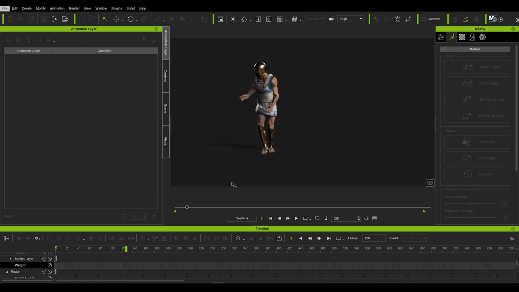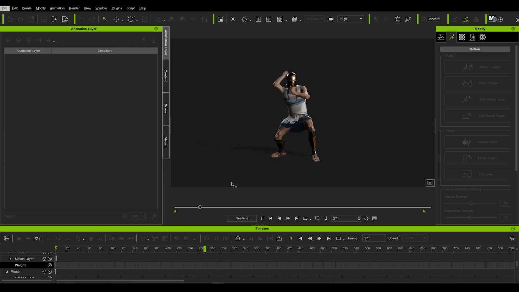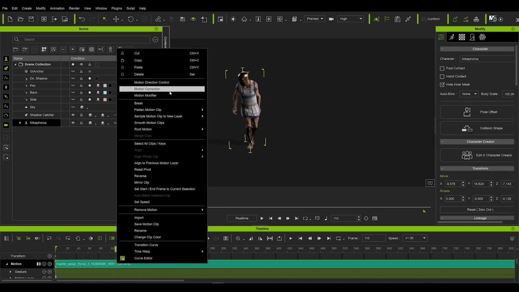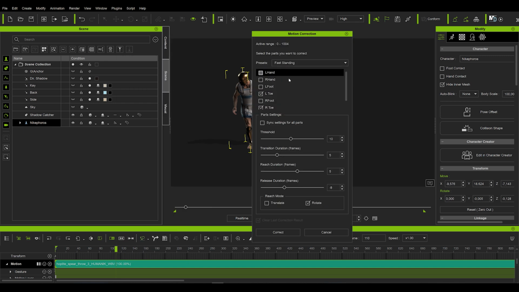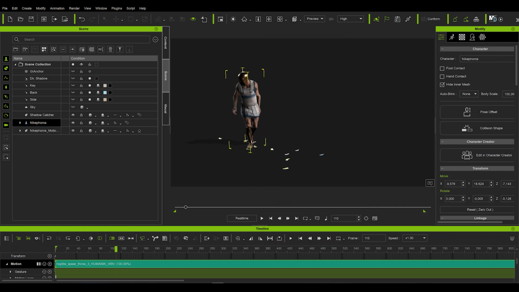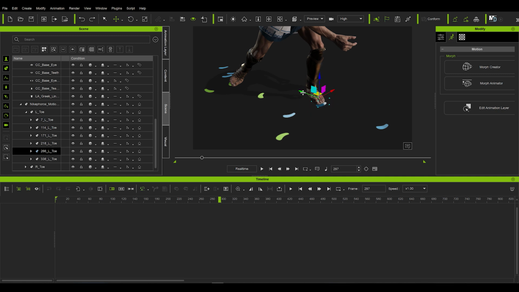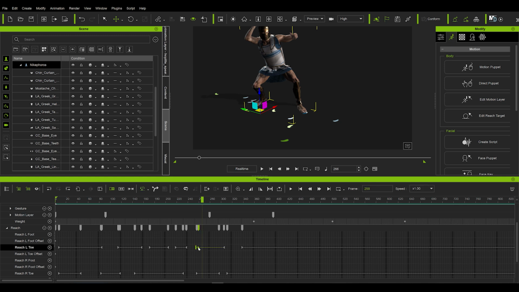Once my animations were inside of iClone, I started to use the amazing cleaning tools that the latest versions offer. The biggest game changer was definitely the sliding cleanup tools of iClone. You can now simply activate this tool, choose which type of correction you want to employ, and let the software process it. Now, even by default, in my experience, this improves a lot of the floating immensely. But one can always go in, change the parameters, and even play around with the reach points, controlling precisely how long the feet stay on a given spot. And not just feet, you can easily motion correct hands too.